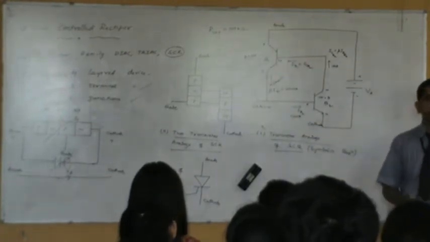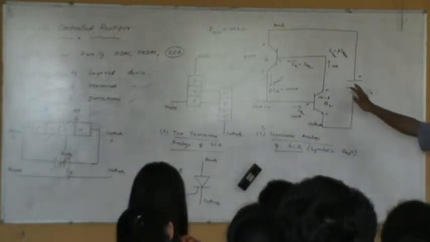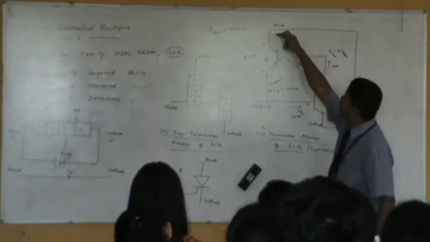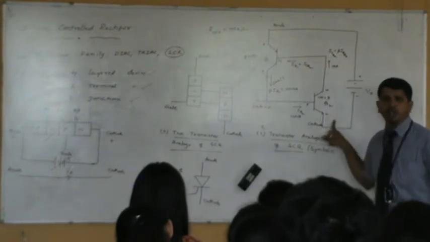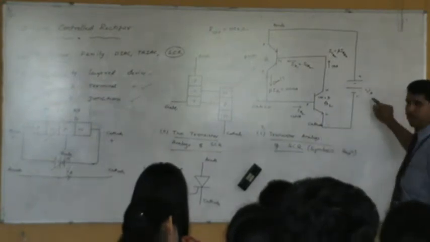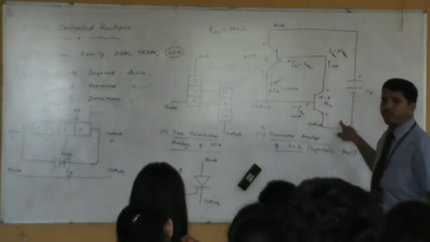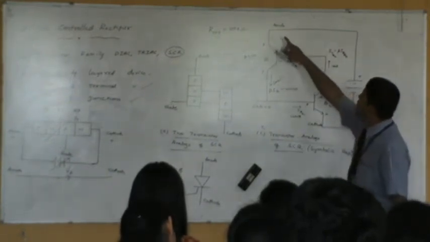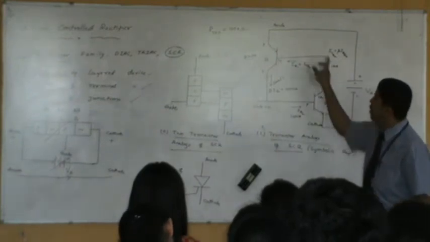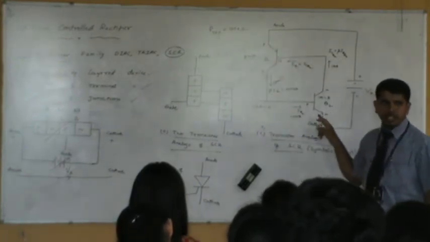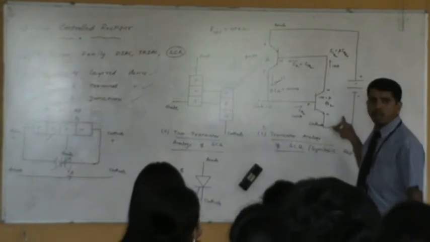Every time the current will be increasing, and that current keeps the resistance between anode and cathode maintained at a low level. Whatever voltage you apply, the current flow from anode to cathode will see a low resistance. Now current can flow easily from anode to cathode. That means this device offers a very low resistance whenever these two transistors are on.